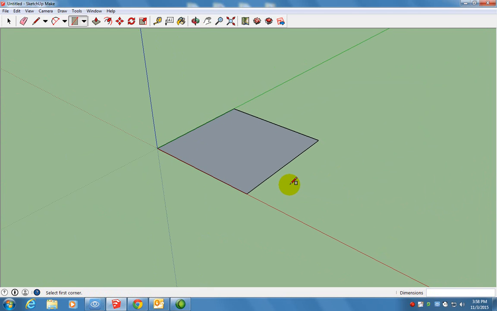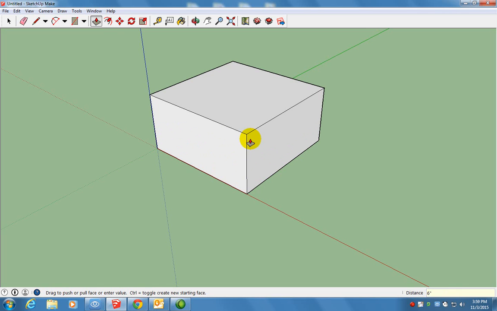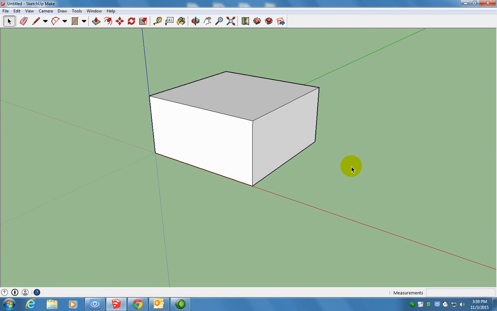And then I'm going to click P for push pull. And what that will do is allow me to pull this up, and I'm going to pull that up 6 inches. So I'll go 6 inches is my distance, hit enter, and there we have 6 inches. Okay, I'm going to hit spacebar to get that tool off. If you notice, if you hit P push pull, you have the push pull tool, and if you hit the